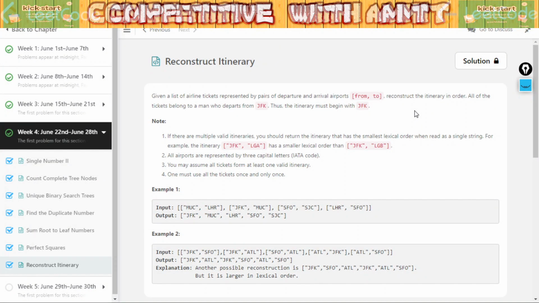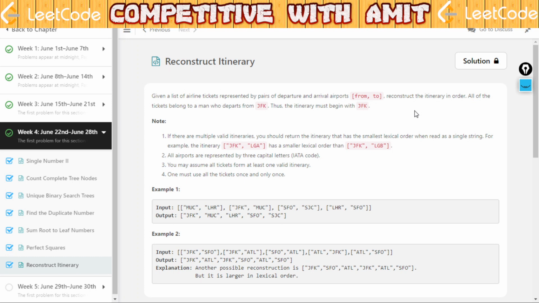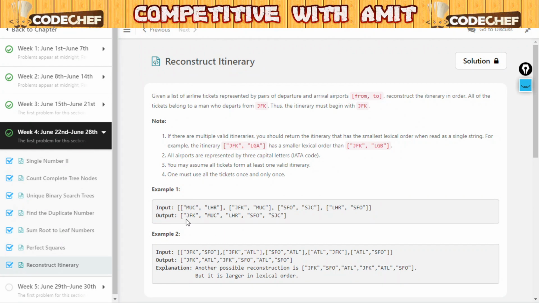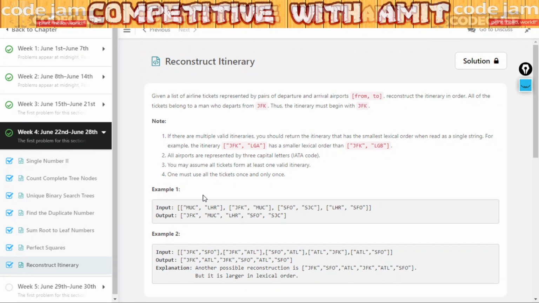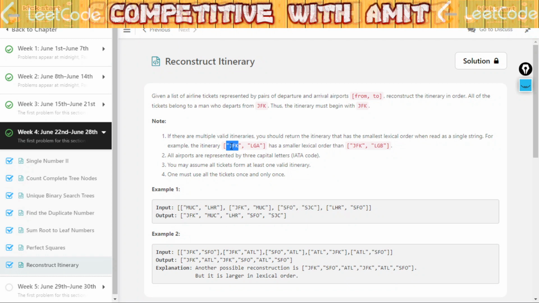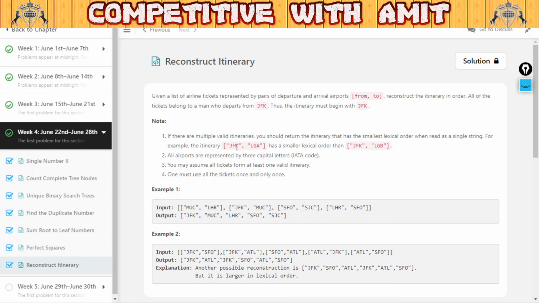Today we will solve the 28th question of the June LeetCode challenge. Our question is Reconstruct Itinerary. In the question, we are given some tickets in which we have two values: the first is departure, the second is arrival. So suppose a ticket is given as JFK, LGA, then the person will go from JFK